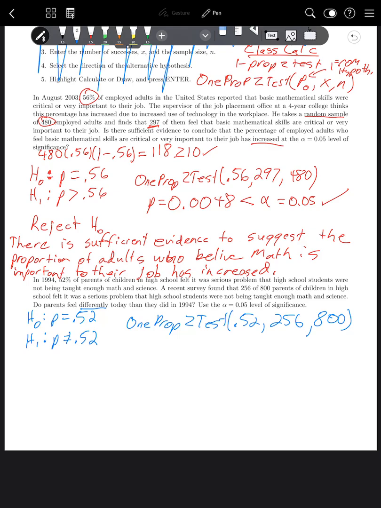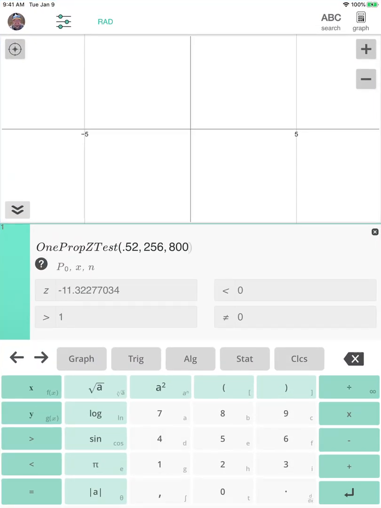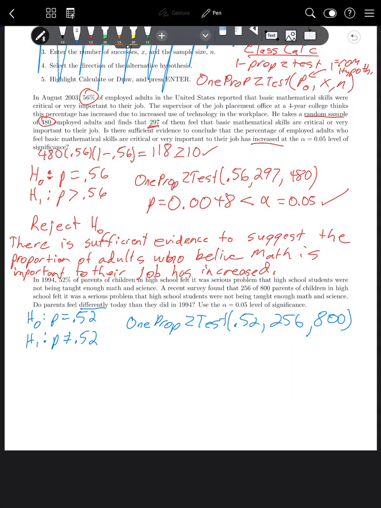I feel like there's probably a typo in this problem, but we can go ahead and use the value. So in this case, we're looking for not equal to. So the probability of being not equal to, it says here, is 0. So p equals 0. So the question is, is that less than 0.05? And the answer is yes, it is. So we can reject H naught and say there is sufficient evidence